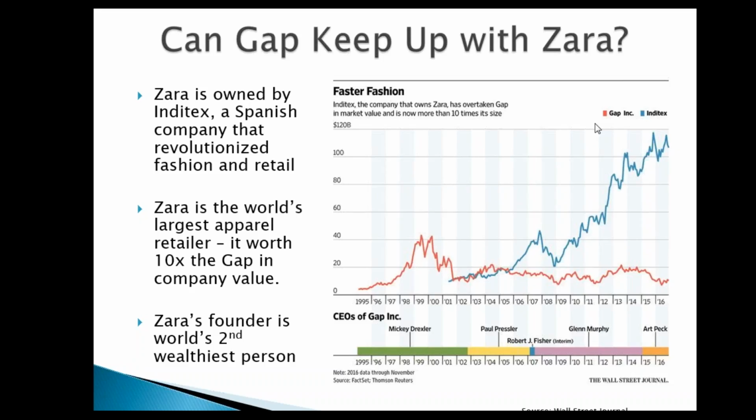So Zara, what they do is they're very data driven. They know exactly what style sells. So if there are 10 types of sweaters, they know that this one particular type of sweater sells out the most. So what do they do? They make more of the one that sells. And that's how they've been growing. They'll put a few styles out, and then they'll let customers decide which one's more popular by buying, right? If you have an option of three sweaters, and you and 1,000 other customers like the same one, well, they know which sweater is a hit, and they'll make that many more at the next batch.